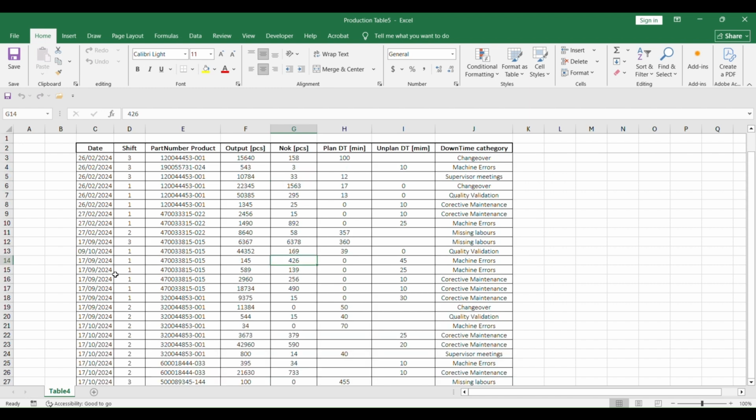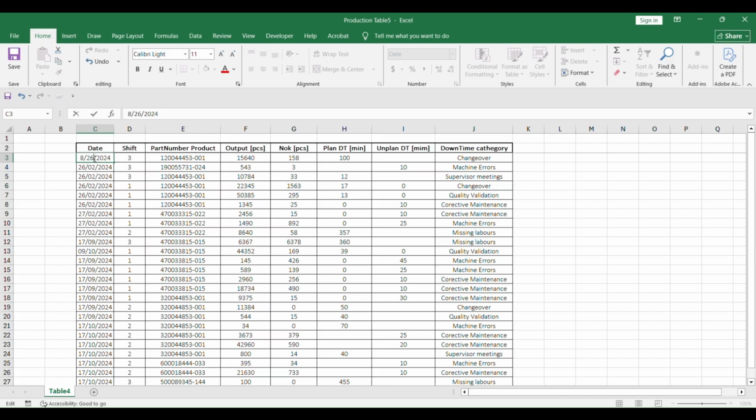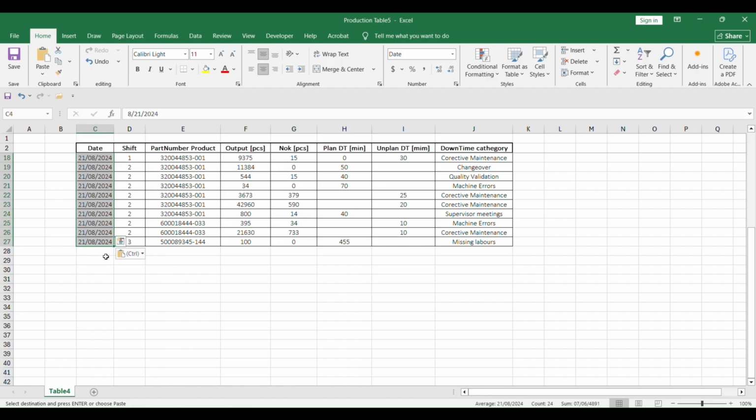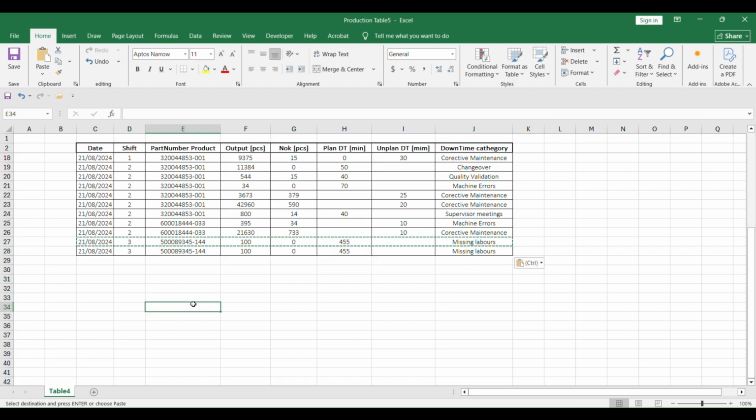We can add some lines, but we also need to change dates, so I'm going to change this to, let's say, 8/21. Now I'm going to paste everything the same, and lastly I'm going to copy and paste the last column, same data. I want to show you that sometimes people may make mistakes and just duplicate some data by mistake. So how can we avoid this and clean this, I'm going to show you also.